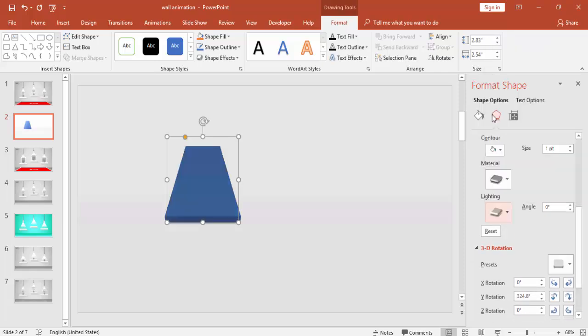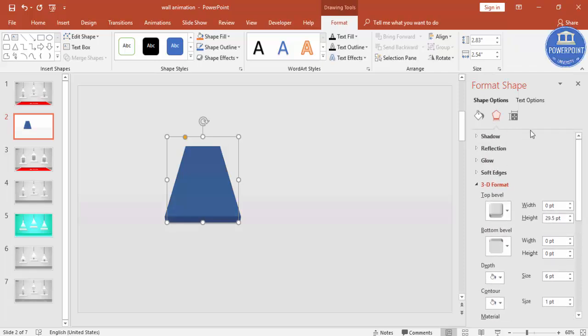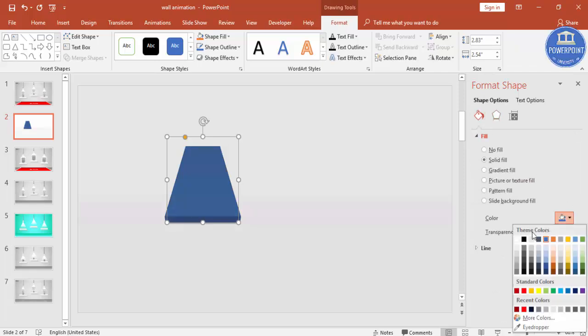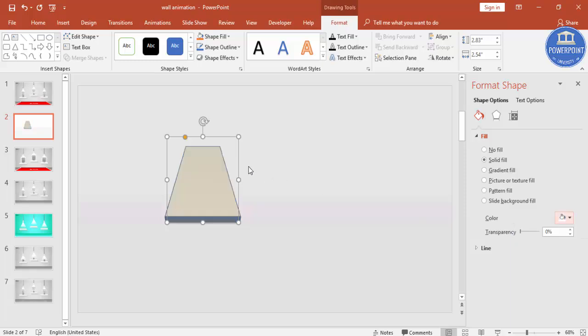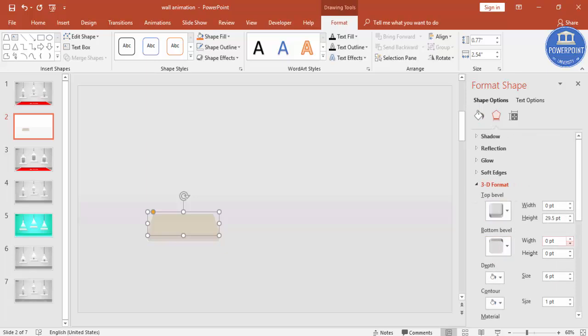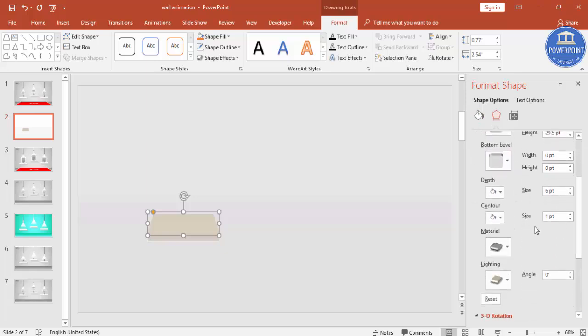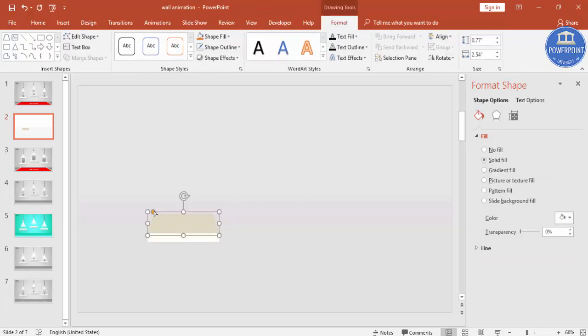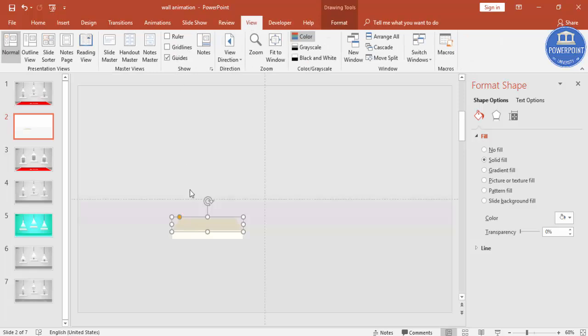and lighting also you can just select the different color, and under color select the white, reduce the size, and shape outline make it no outline, and go to effects again and select a different material and lighting. You can reduce the width and make it smaller, and go to view, enable the guides, put this in